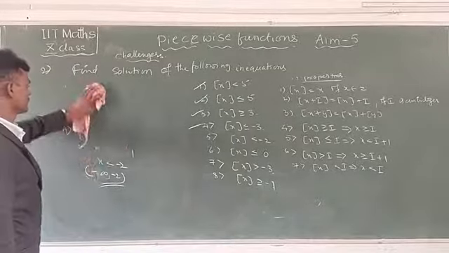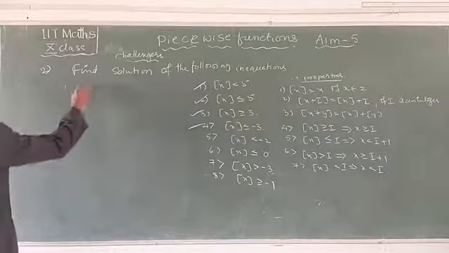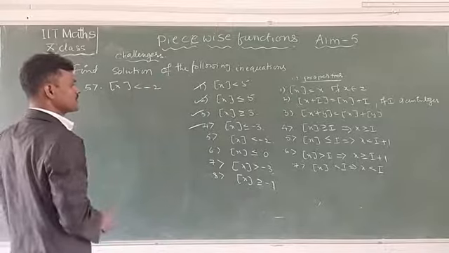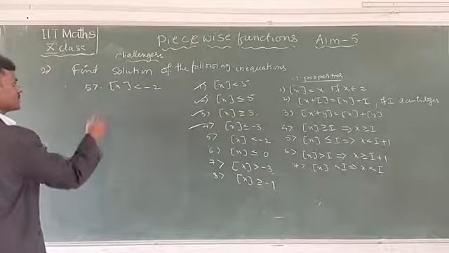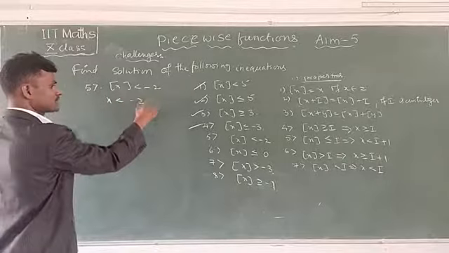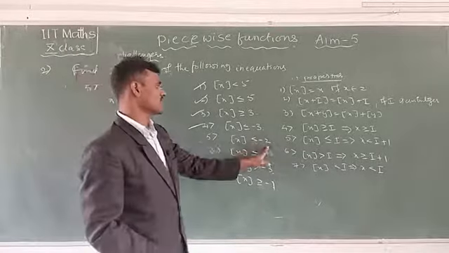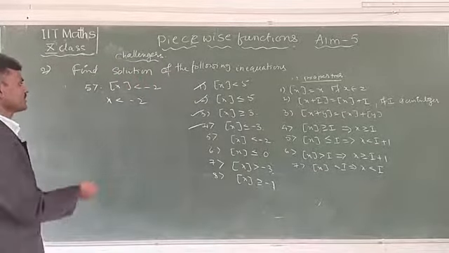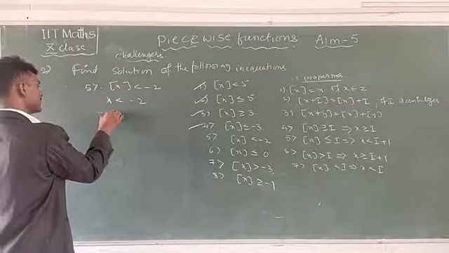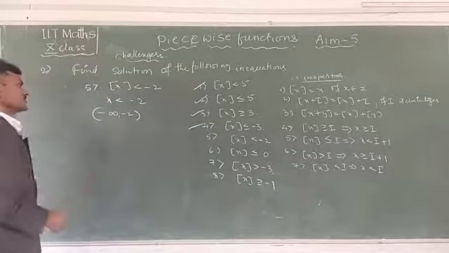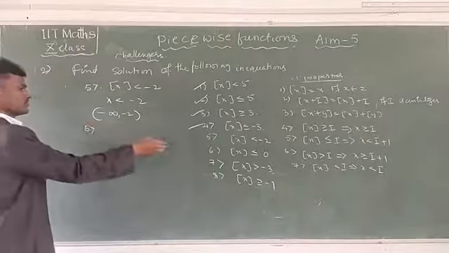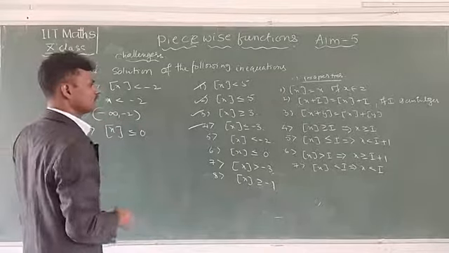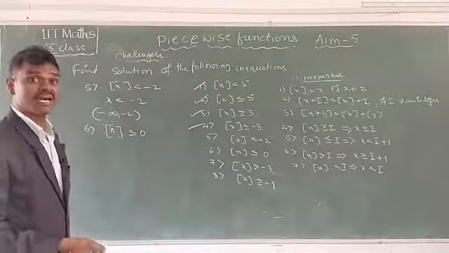Now the fifth one, see. Fifth one: floor of x is less than minus 2. Floor of x less than minus 2 means x is less than minus 2 only, x is less than the integer. Okay, now this is from minus infinity to minus 2, an open interval. Next, the sixth one, same as this, follow using the properties. Sixth one: floor of x is less than or equal to 0. Less than or equal to 0 means x is less than integer plus 1.